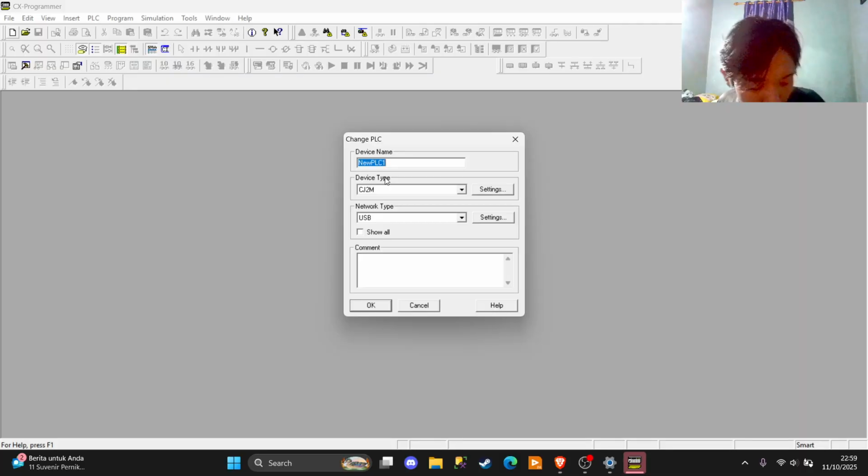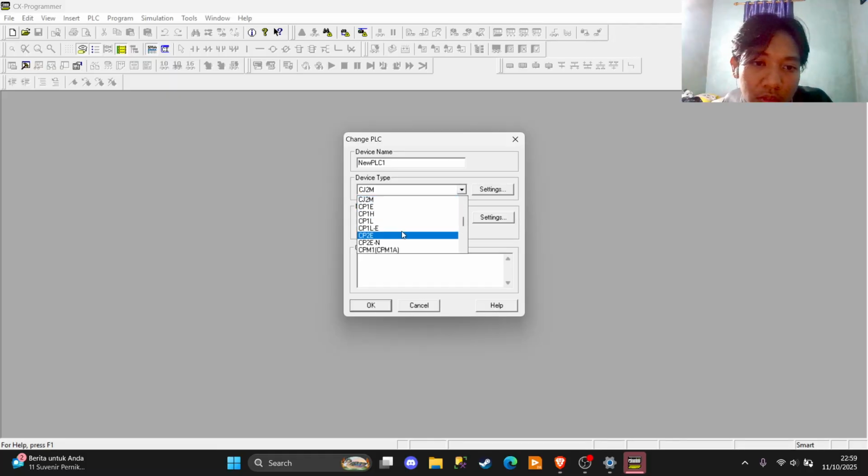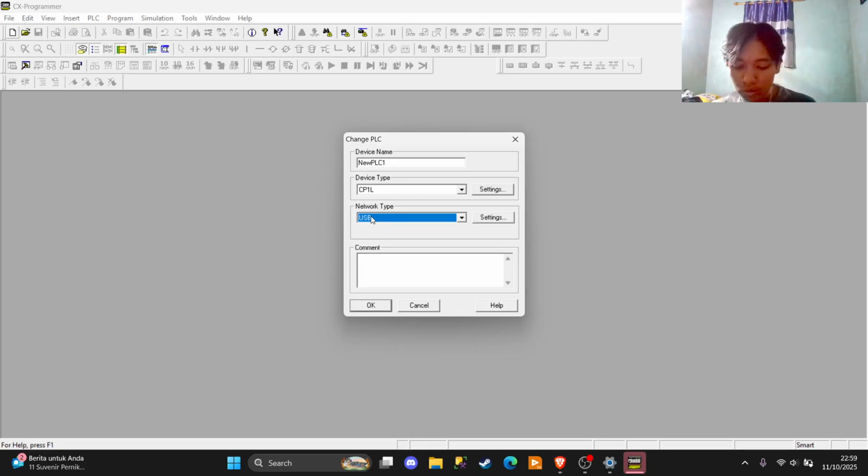And here you can add the same type of your device. Same as the previous video, I will use the same device, CP1L, and the network type is USB. So I use the Omron PLC in my laboratory.